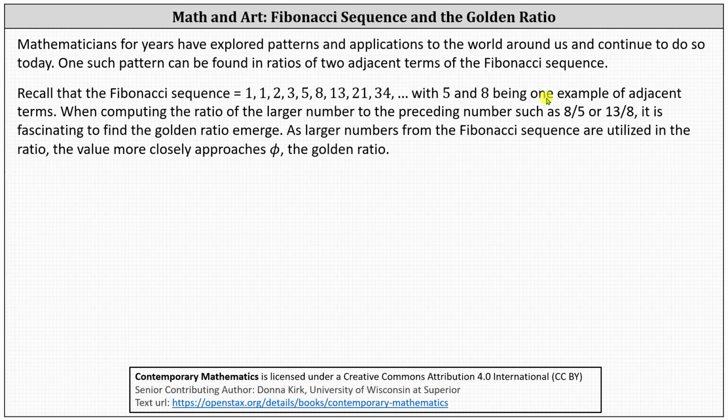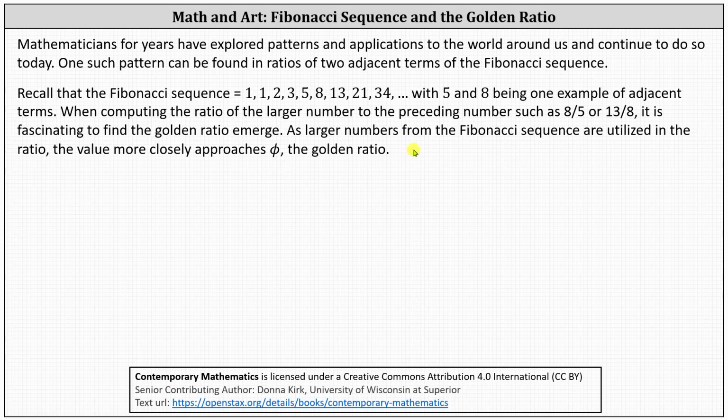Notice 5 and 8 are one example of adjacent terms in the Fibonacci sequence. When computing the ratio or quotient of the larger number to the preceding number, such as 8 divided by 5 or 13 divided by 8, it is fascinating to find the golden ratio emerge. As larger numbers from the Fibonacci sequence are utilized in the ratio or quotient, the value more closely approaches phi,